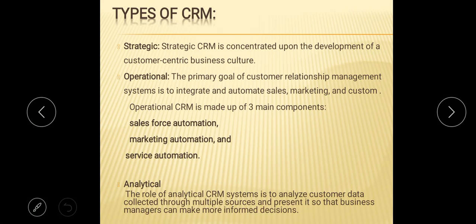Operational CRM is made up of three main components: Salesforce automation, marketing automation, and service automation. Salesforce automation works with all stages in the sales cycle, from initially entering contact information to converting a prospective client into an actual client. It implements sales promotions analysis,